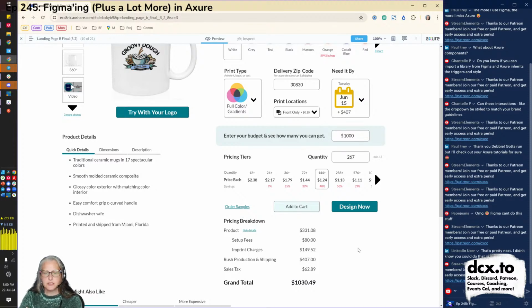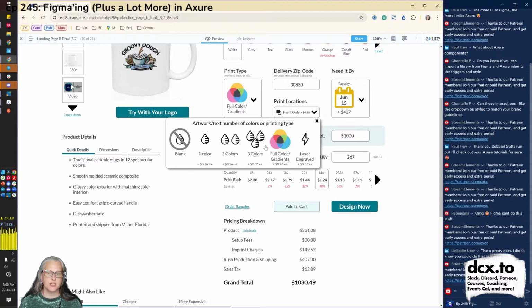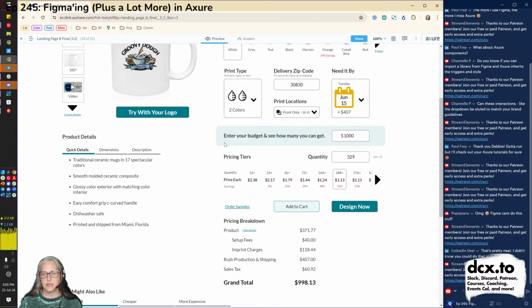If you wanted to do some very realistic e-commerce, it would be very hard to do that in Figma. You could make this drop down. You could try to make it look like somebody selected one of these things, but it would be very hard to then reverse engineer how much budget they have, what different things on the screen are costing them, like print locations, shipping prices, and other things, and tell them how many they can get.